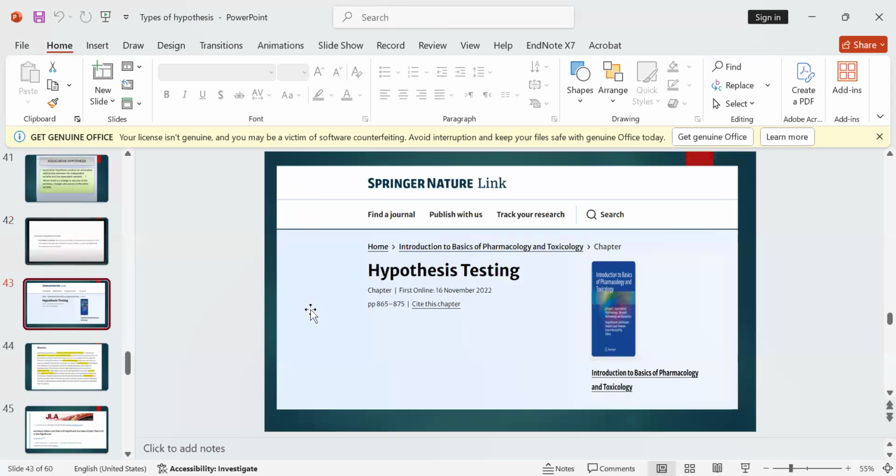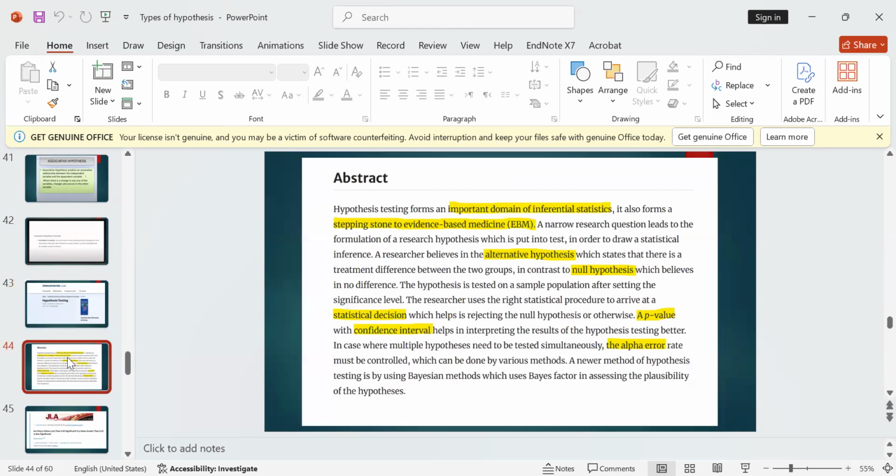A research was published in a journal. The abstract was: hypothesis testing forms an important domain of inferential statistics. It also forms a stepping stone to evidence-based medicine. A narrow research question leads to the formulation of a research hypothesis, which is put into test in order to draw statistical inference. A researcher believes in the alternative hypothesis, which states that there is a treatment difference between two